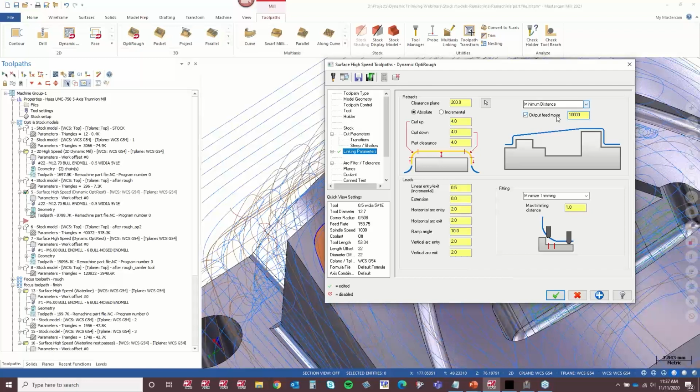You don't know how well, maybe you do, but if you don't know how your machine is going to react to dog leg moves, and what I mean by a dog leg, the X and Y lag, it's a drag race for the X and Y to get to that position first. And we can't accurately backplot that in Mastercam because every machine does it differently. So by outputting a feed move, it leaves those retracts synced, and it will come over the part just as tightly as you specify. Basically, I'm saying a 4mm clearance against the part. It's going to hug that part a lot better.